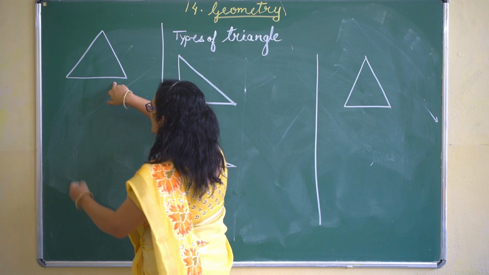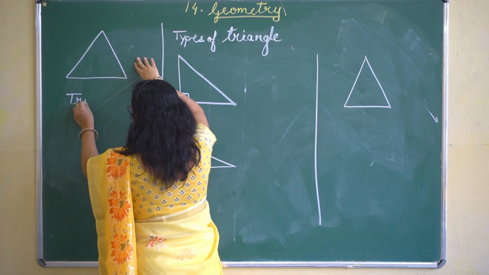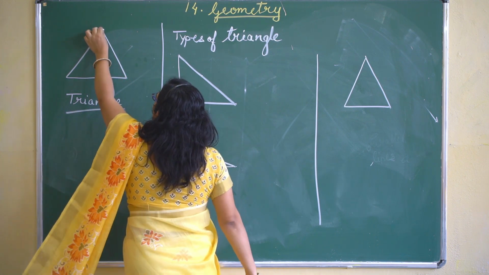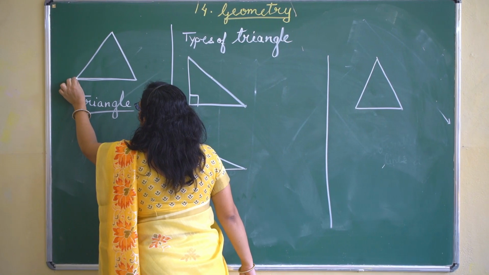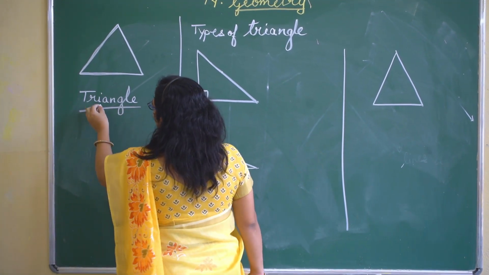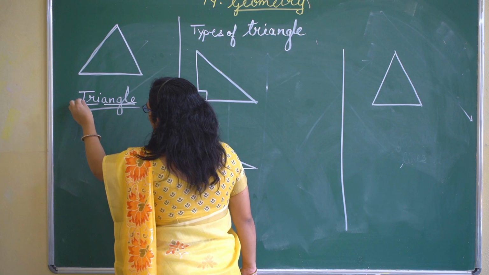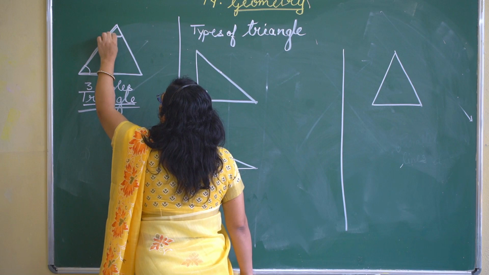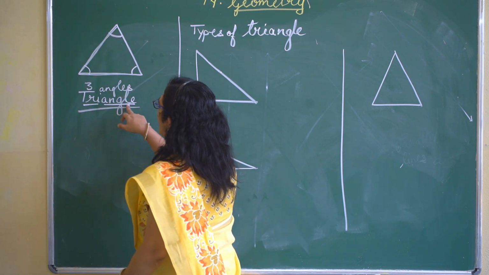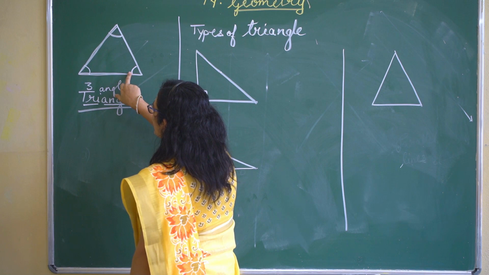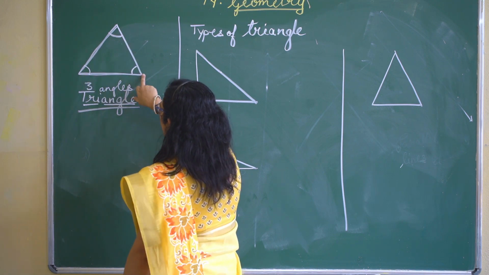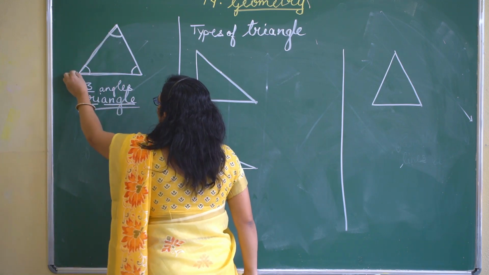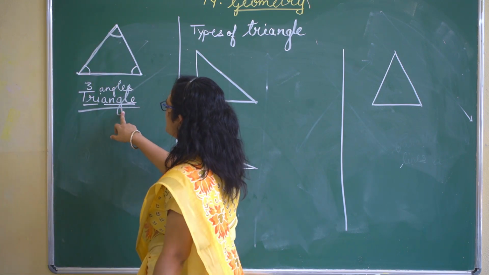Now, what is this? You have studied it in class 3. It is called a triangle. So, how is a triangle formed? A closed figure enclosed by three line segments is called a triangle. Also, tri means three angles. How many angles are there in a triangle? Three. So it is called a triangle because it has three angles. A closed figure formed by three line segments and having three angles as well as three vertices is called a triangle.